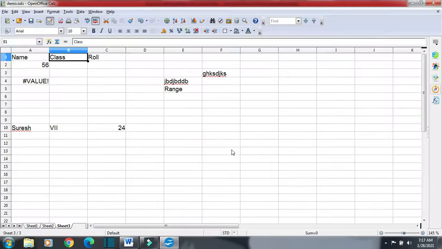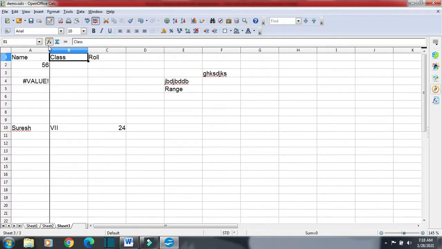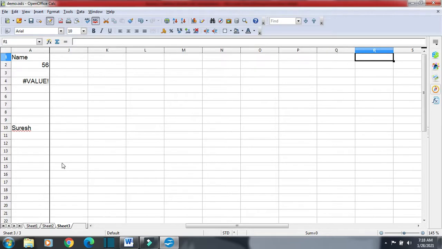Okay, so suppose I want to freeze this column. So I will click just right side of this column, then click on window and then click on freeze. You can see the line, this line tells us that this column is frozen.